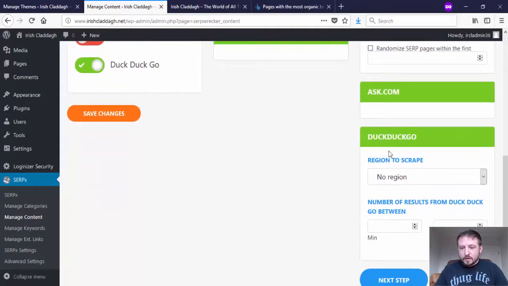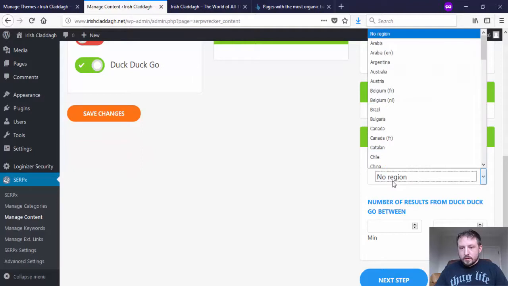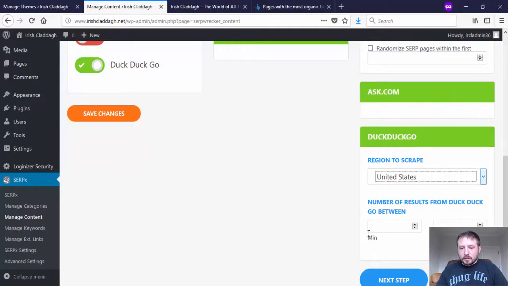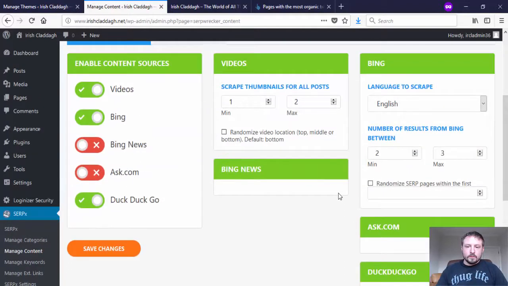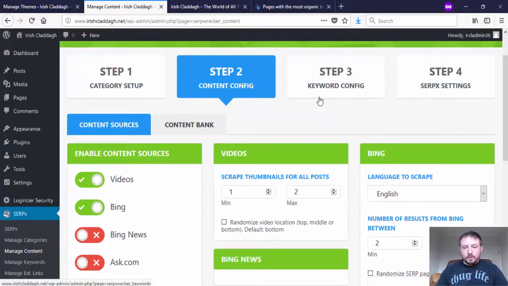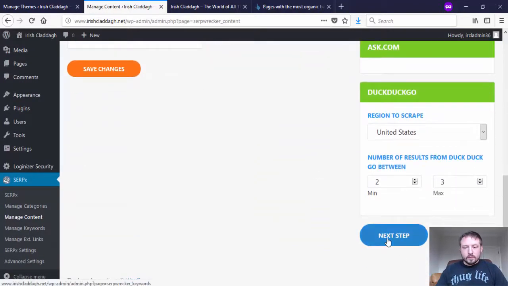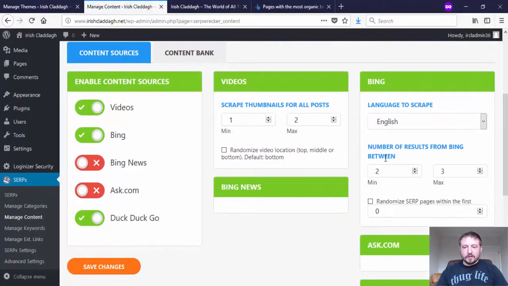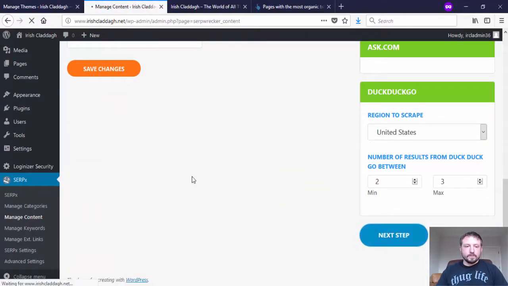I won't even randomize it. So pick our region here for DuckDuckGo. Number of results, we'll do 2 to 3 there. So go ahead and save changes. So all that's saved. Next step,